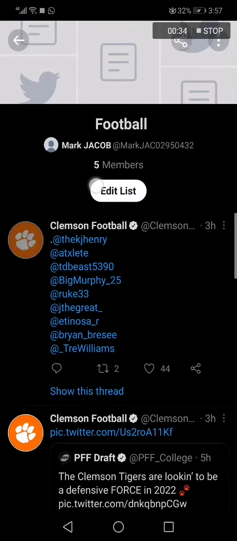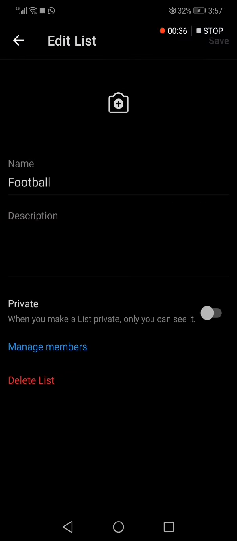and click edit list, and now you will find the private option here. Turn it on and your list will be private, and don't forget to click save here and everything will be